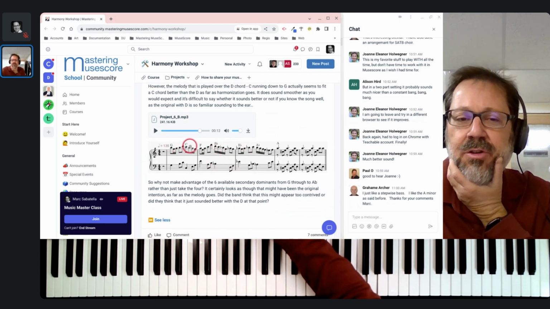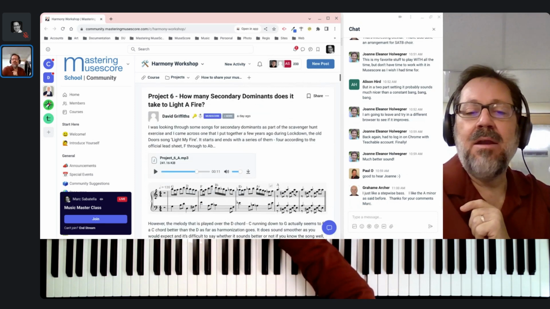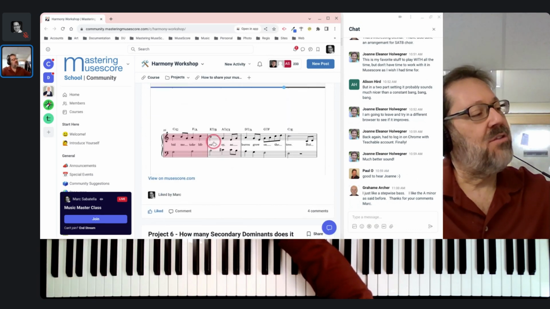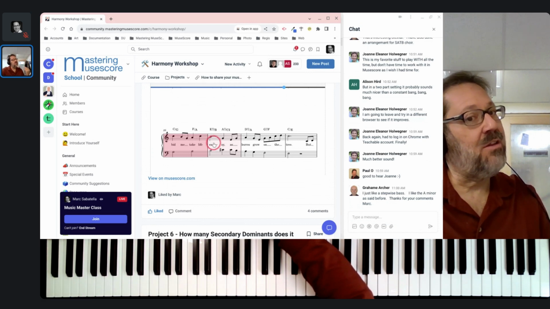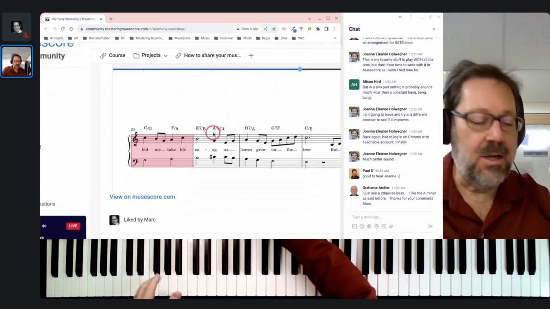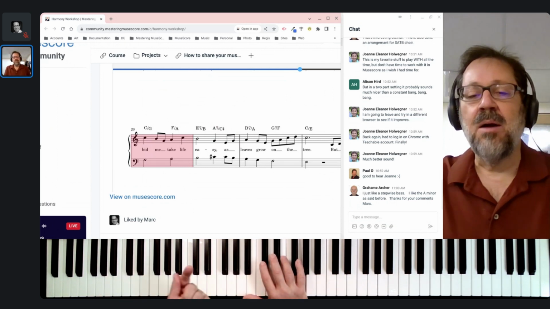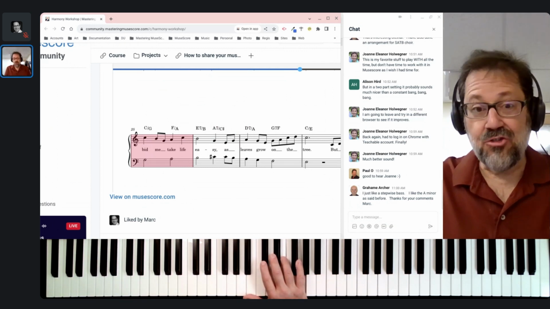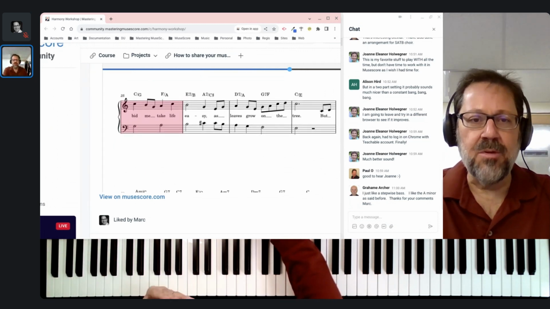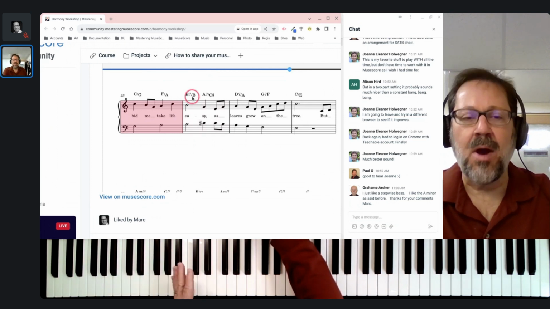So this is a circle of fifths progression, but it's moving away from the tonic. And I just wanted to point out that that's sort of the opposite of what secondary dominants do. Secondary dominants tonicize chords in a progression that normally leads you back to the tonic, right? This 3, 6, 2, 5 over here, the E to the A to the D to the G to the C, that's a very strong circle of fifths progression leading us to the C, whether you put it in root position or go with inversions to create stepwise bass motion.